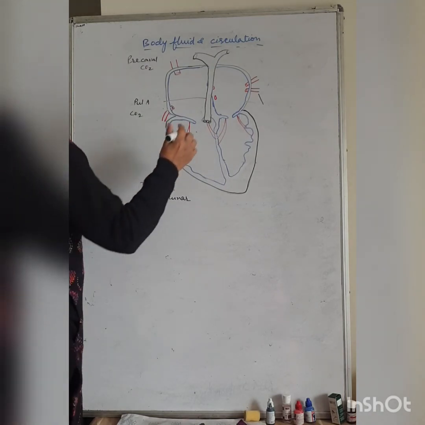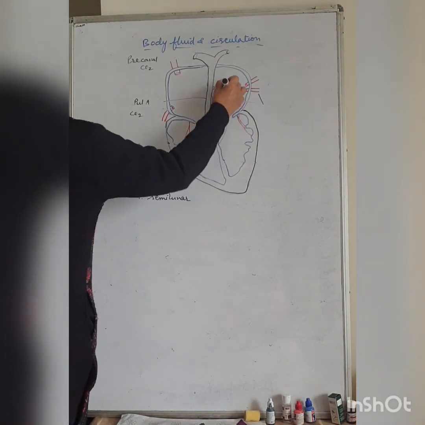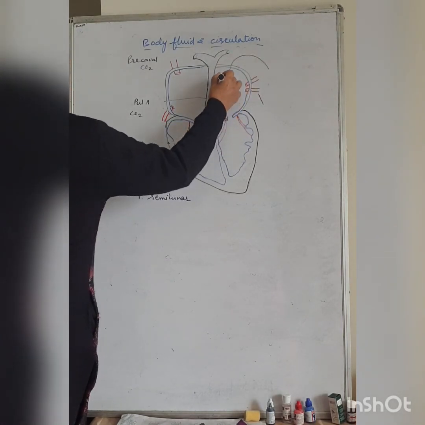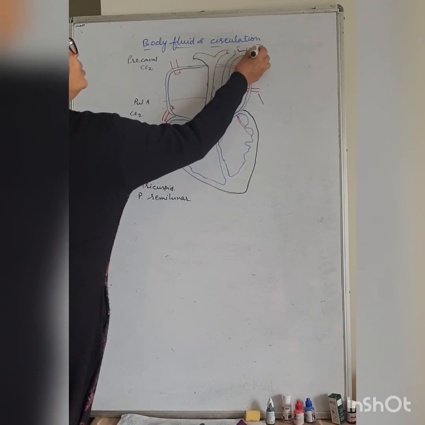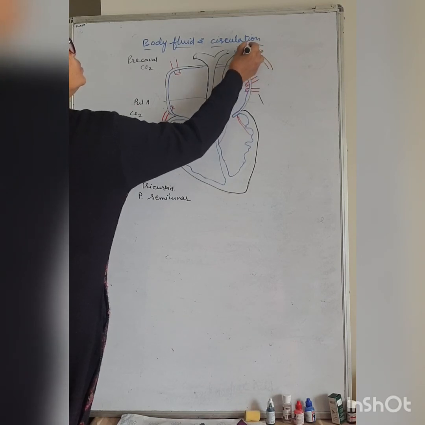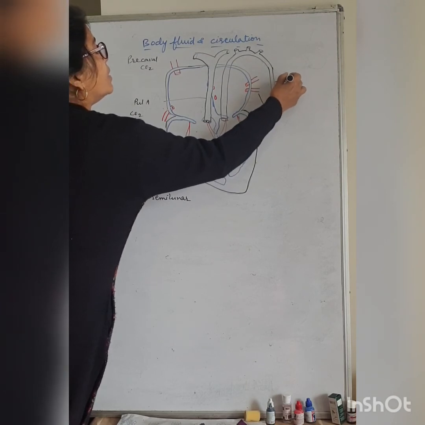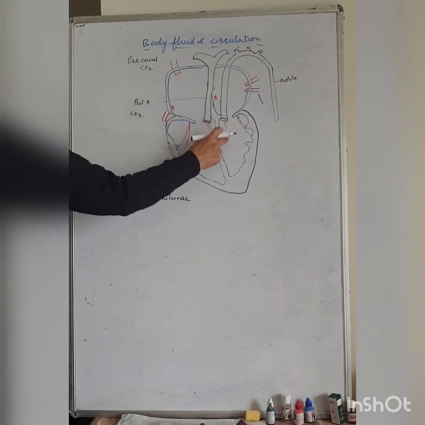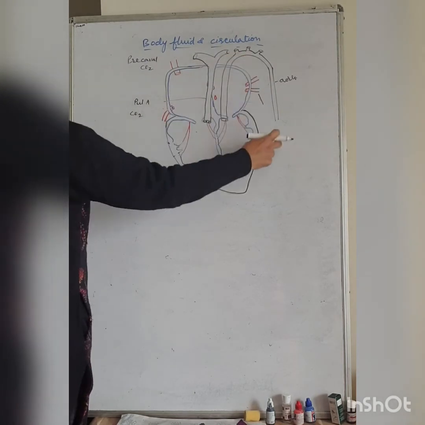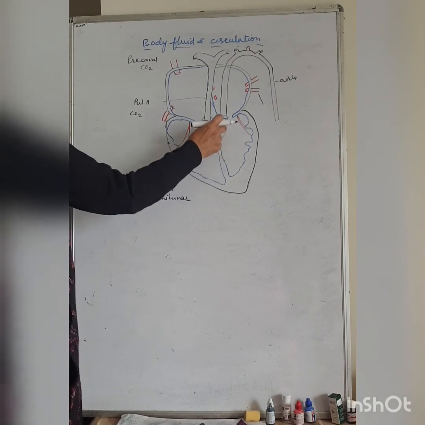From the left ventricle, the blood vessel that carries the blood to the body parts is the aorta. This is the aorta. The aorta carries the oxygenated blood from the left ventricle to the different parts of the body. Soon after it emerges from the heart,